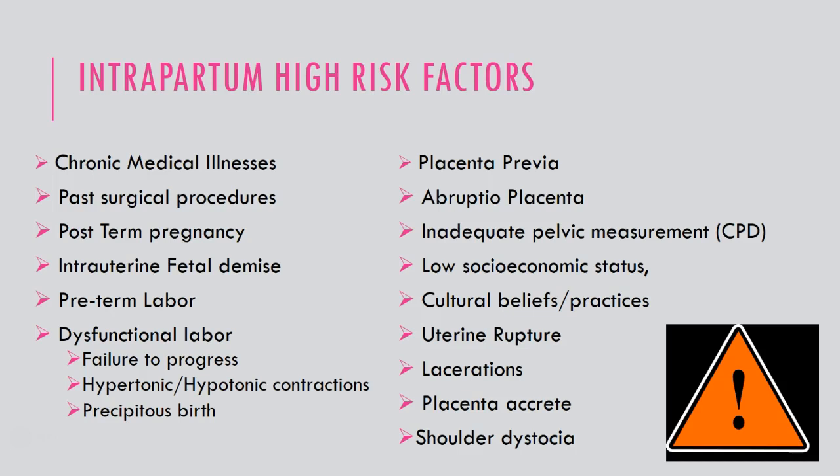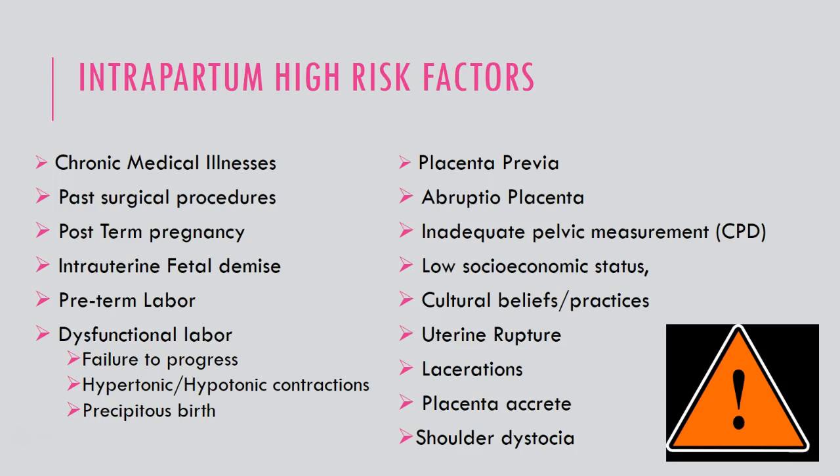Chronic medical illnesses are included in this category, so things like cardiovascular disease, asthma, renal problems, urinary tract infections, autoimmune disorders, STDs, hypertensive disorders, anemia, seizure activity. You can't even name them all, but anything that's a chronic medical illness can put the patient at high risk in the intrapartum period. Past surgical procedures, if the patient has had some type of uterine surgery in the past, that makes her high risk. Patients that are post-term in their pregnancy,